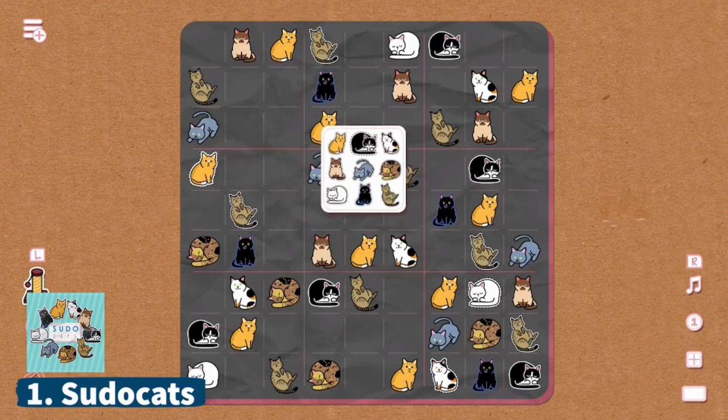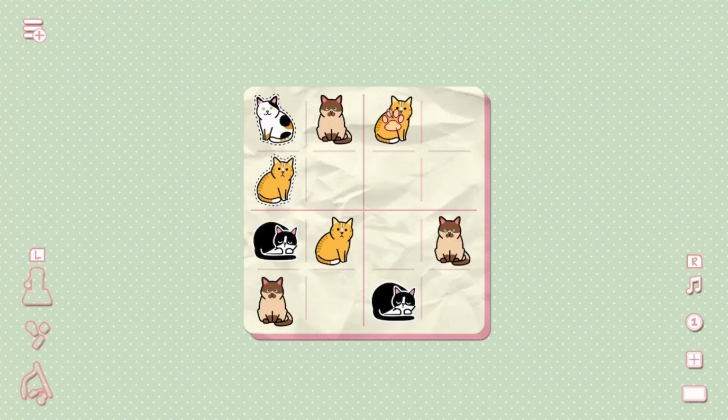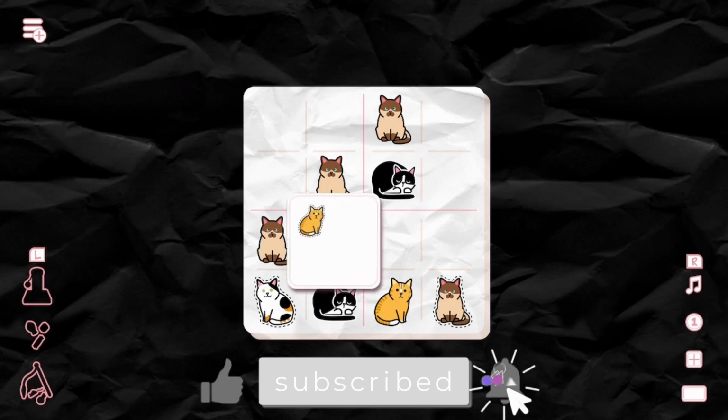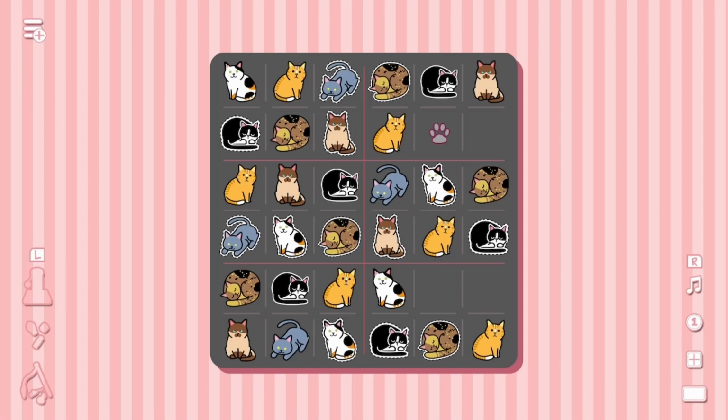Sudocats is exactly what it sounds like. It's Sudoku, but instead of playing with numbers, you're playing with cats. And while at first it's kinda hard to figure out which cat is missing because you're trying to remember 9 different cats, it does get easier. And honestly, it does help by starting off with shorter levels. First it's only 4 cats, then you go up to 6, and then you end up with the Sudoku standard